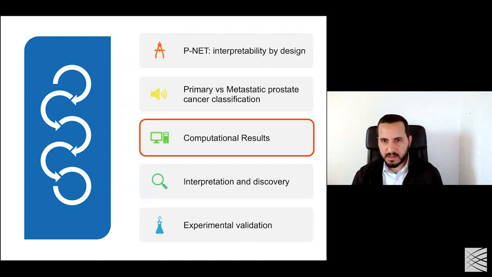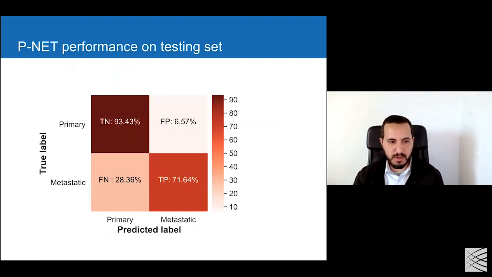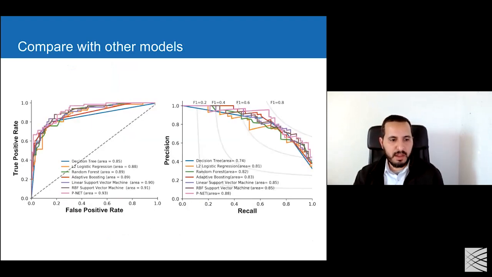Yeah, great. So using the standard training, testing, validation split, we were able to come up with good performance. For more than 93% of the primary patients, we were able to classify them correctly. And when we checked the area under curve and the area under precision recall curve, we found that PNET is achieving a little bit higher performance compared to the other models, including support vector machine, adaptive boosting, and random forests. I would say that the difference is not a very big one, but at the end of the day,